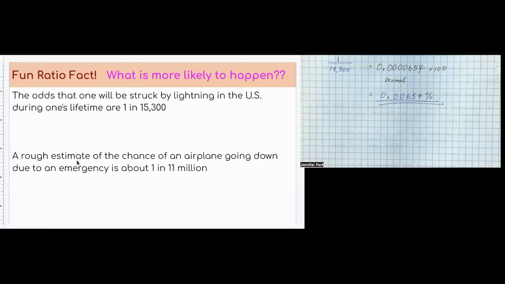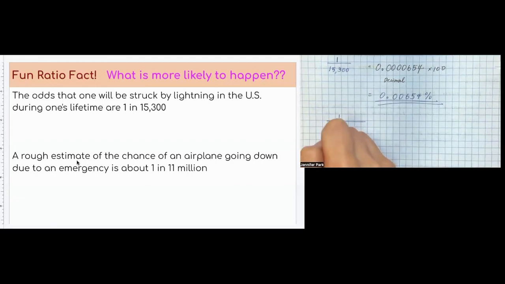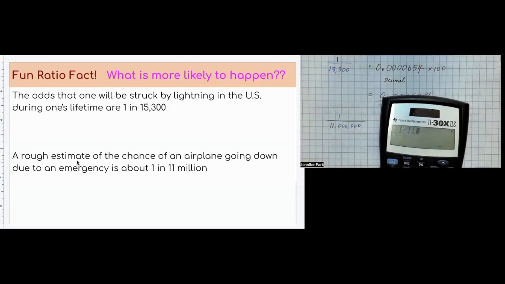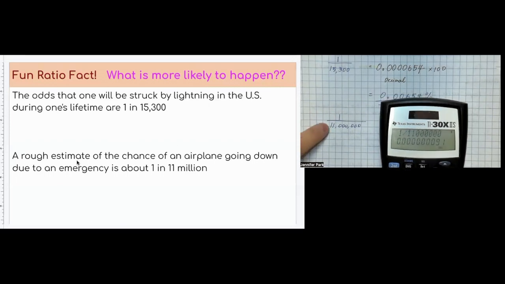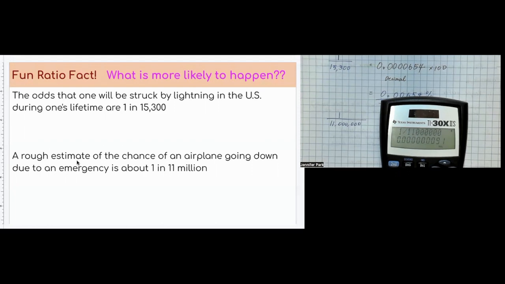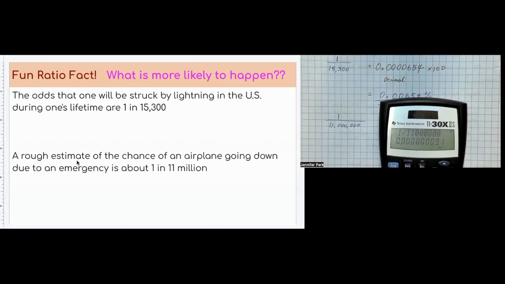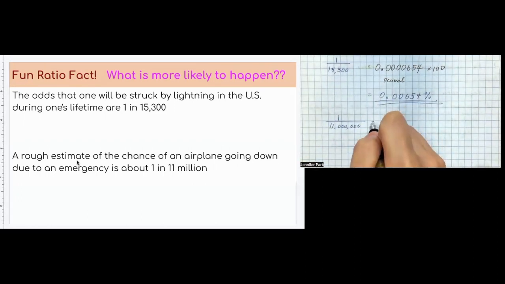Look at the slide. A rough estimate of a chance of an airplane going down due to an emergency is about 1 in 11 million. Okay, so let's see that as a percentage. 1 in 11 million. I'm going to turn that also into decimal first. To put in my calculator, 1 divided by 11 million. Oh my God, look at all those zeros. As a decimal, I got